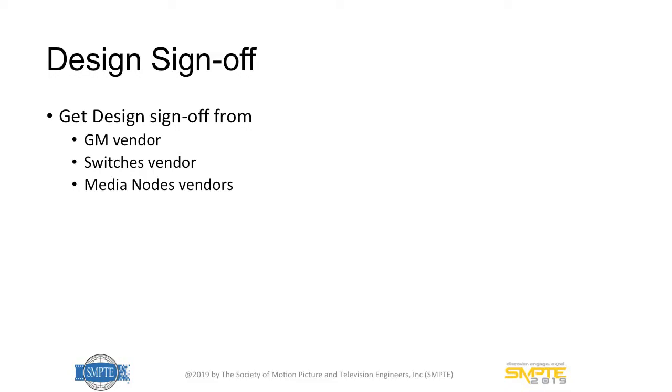A very important step is to make sure you get sign-off from your critical vendors, so your grandmasters, your switches, and your media nodes. You come up with this design, and you may find that there's some special feature you're assuming will be there, and maybe that's not implemented in your switch, or maybe your media node doesn't support -7 or so on. While you're at the paper stage, it's very easy to go to all your vendors and say, will this design work? Do you agree with these parameters? So at the paper stage, it's very important to have those three different levels sign off on your design, because once you've built it, it's much harder to recable it and buy new stuff.